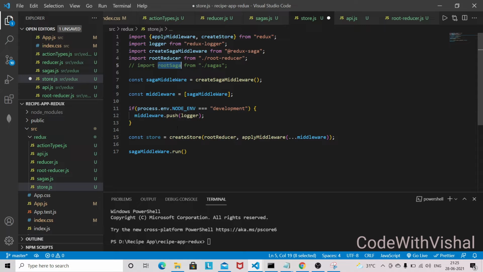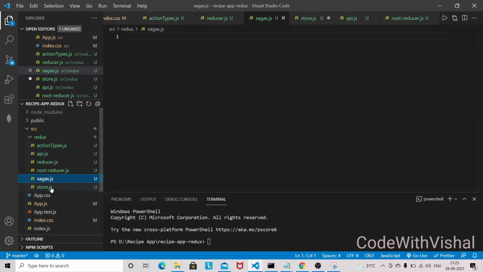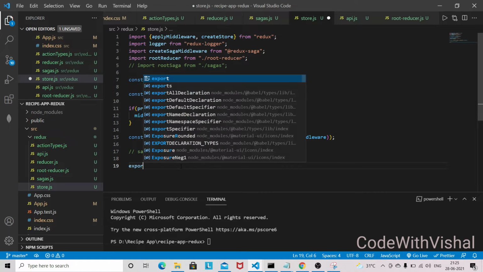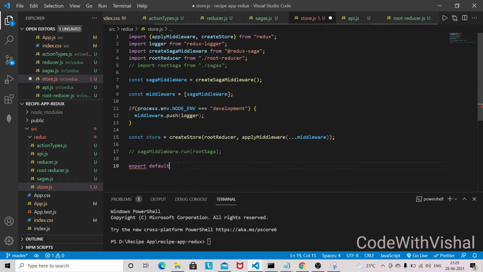As of now, just write it down and comment it, because we haven't created a Saga file here. So the file is there, but as of now it is empty. Now we are going to export default store.